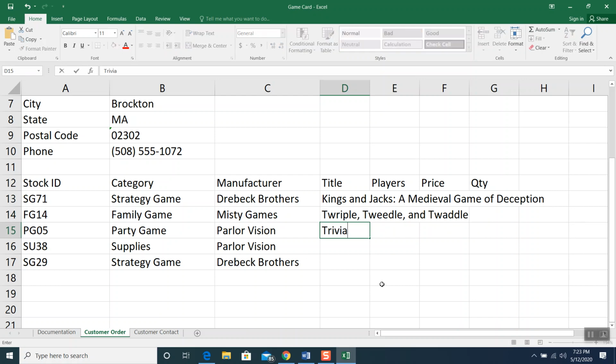Next one, Trivia Connection. Next one, Box of Dice. Exactly whatever is written in the book, I am writing the same thing